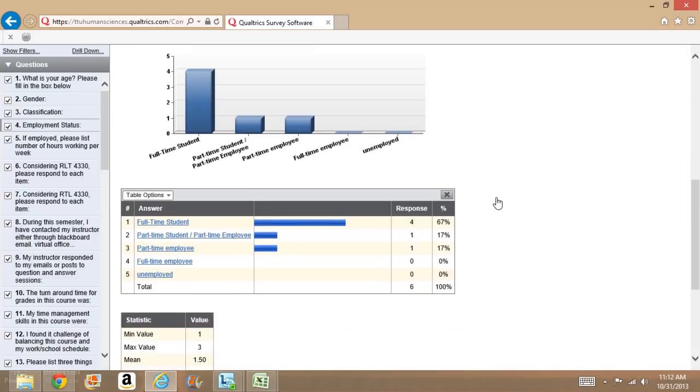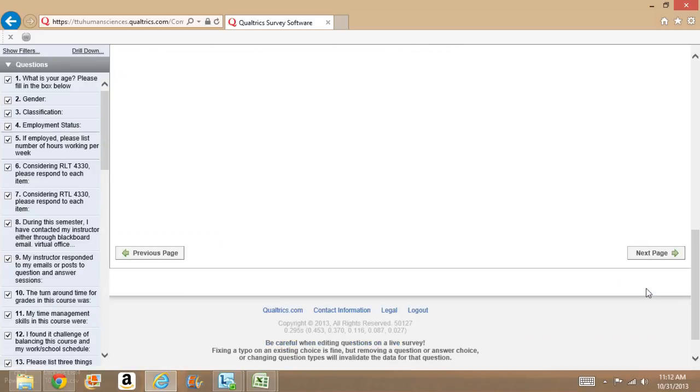Okay, next is also looking if they're full-time, part-time, student, part-time employee. And here's where this just shows that this was not a good question, because if we look at this question, it shows that there were 4 students that were full-time students, and then it only shows that 2 students work part-time. But if we go to the next question,